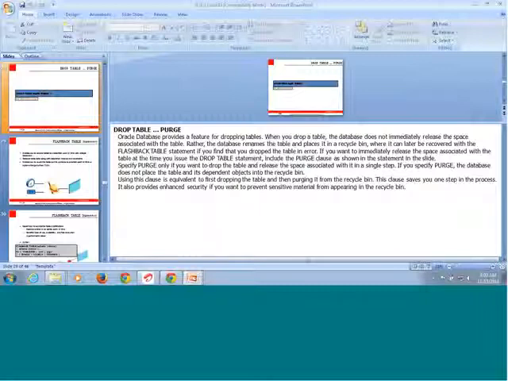So the flashback table statement: if you find that you dropped the table in error, then you want to immediately release the space associated with that table, and we can just have the purge clause included. And again, the flashback table will be there to restore or recover the dropped table or the value with the help of the purge. And it is going to have the protection, the security, being applied on the value,